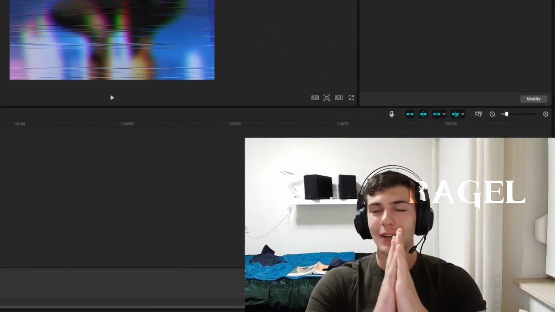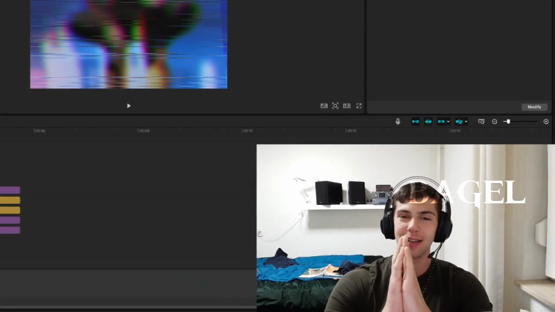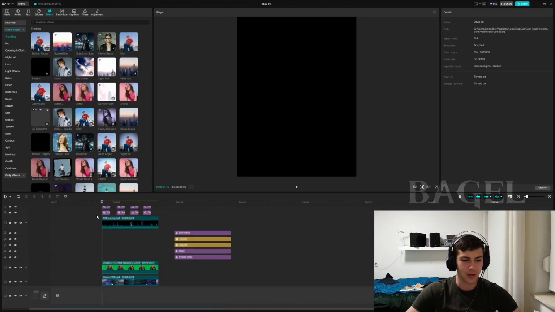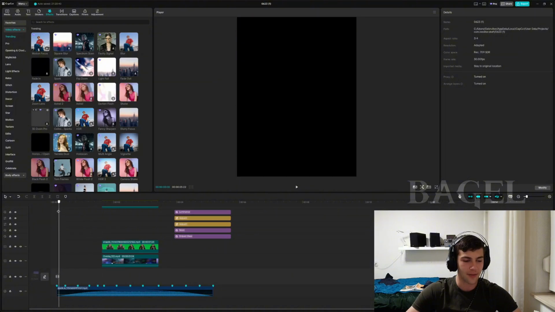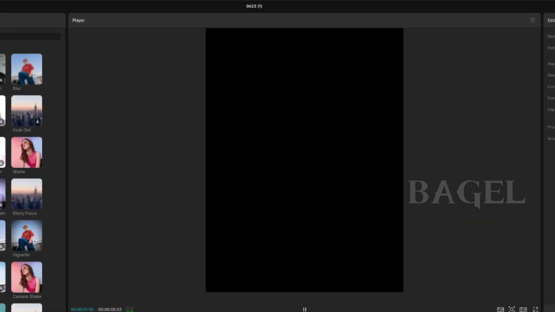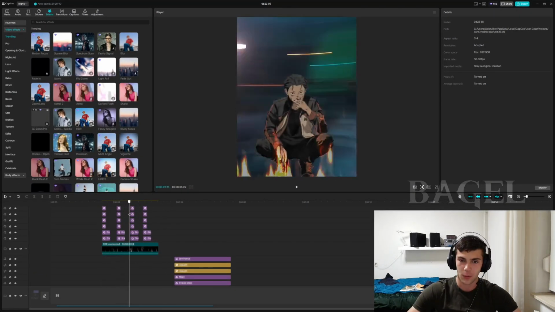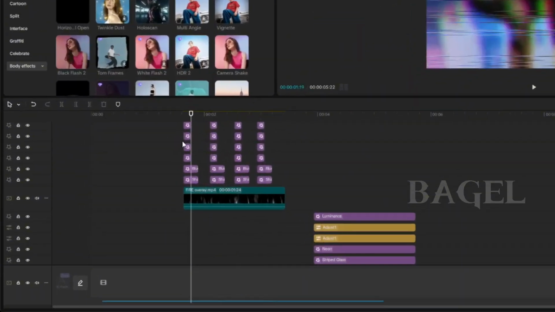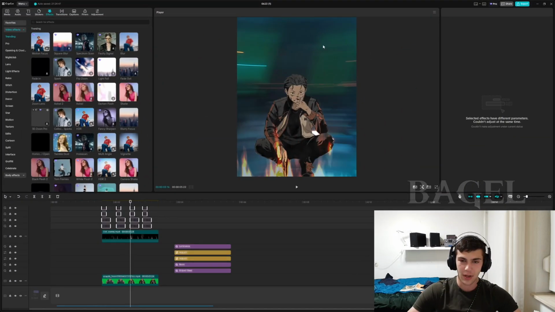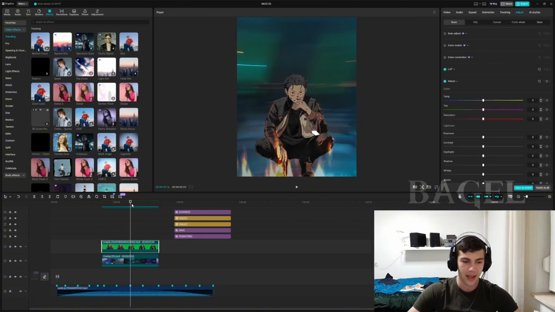Welcome to a new tutorial, and today I'm going to be showing you how you can easily make these clones in CapCut free. I'm just going to show you how to do it and what we have right here. So this is basically our base on which we're going to be making it. As you can see, I have the shakes right here, I have the song right here, and we have the background and the fire, that doesn't really matter, but the main thing here is